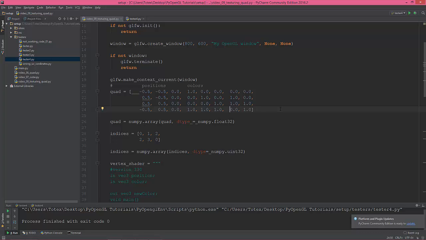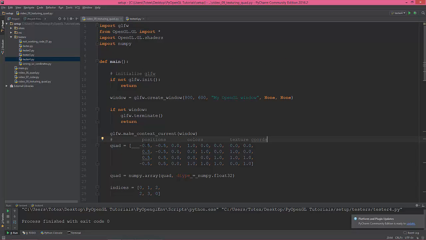So these are the coordinates for the texture. I'm gonna call it texture coords, and one thing,